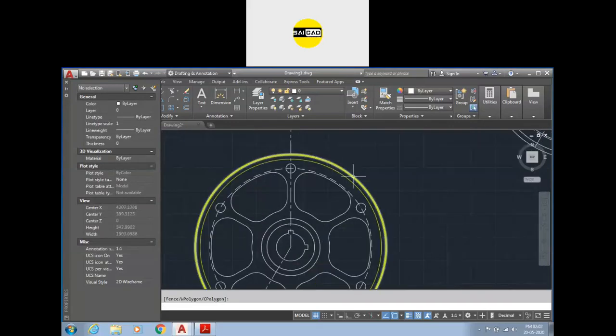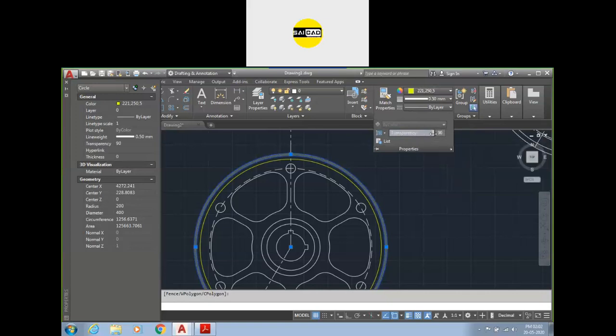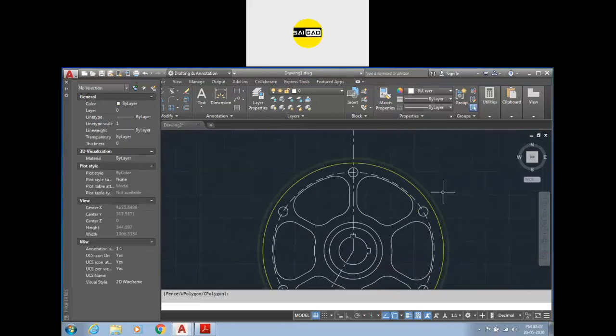So the last property we have is the transparency. If you select an object, we can apply some transparency. Transparency means if you want to fade the object or darken it, you can go to the properties and apply the transparency value from 0 to a maximum of 90. So you can make it brighter, you can make it faded, like that. You can see the difference here. Suppose I have applied the value 90 and press escape. You can see there is a very faded line here.